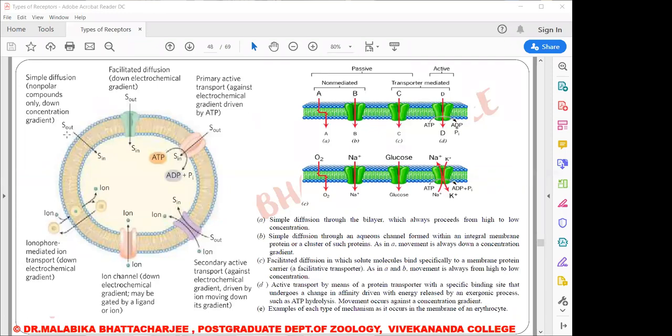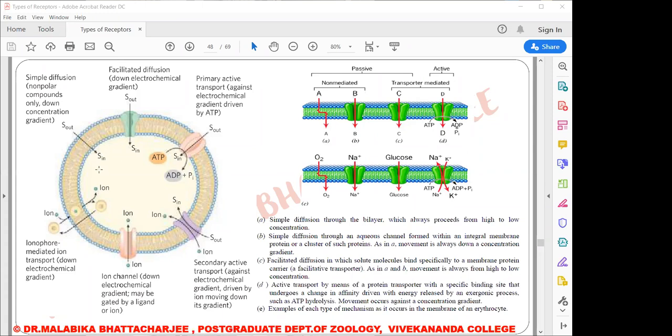And now coming to a very brief summary about the various functions. As per your syllabus, we'll be doing diffusion. Under diffusion, we'll be doing simple diffusion and facilitated diffusion, and we'll be doing active transport. Now let's concentrate. This picture is from Lehninger. So as you can see, simple diffusion: a molecule from a region of higher concentration is simply diffusing into the interior of the cell.